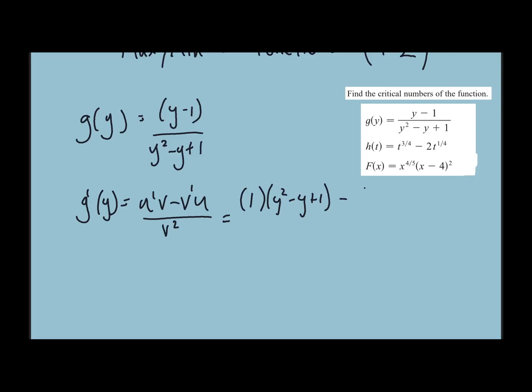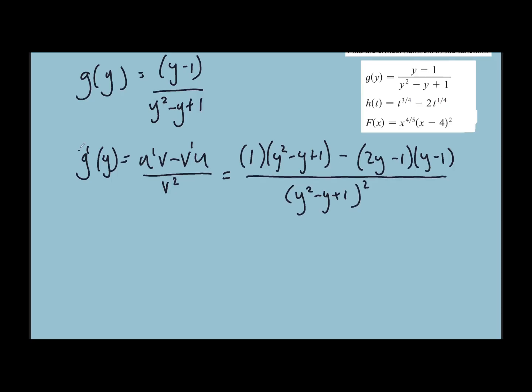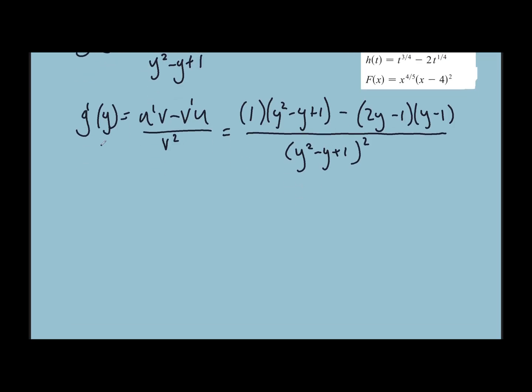It's going to be minus v prime, which is 2y minus 1, times u, which is y minus 1, divided by v squared. So y squared minus y plus 1 squared. Well, I'm already hating this. I get the feeling that I'm going to have to work a lot of this out. So let's just write it out real fast. Y squared minus y plus 1 minus 2y squared minus 2y minus y plus 1. And that's all divided by,